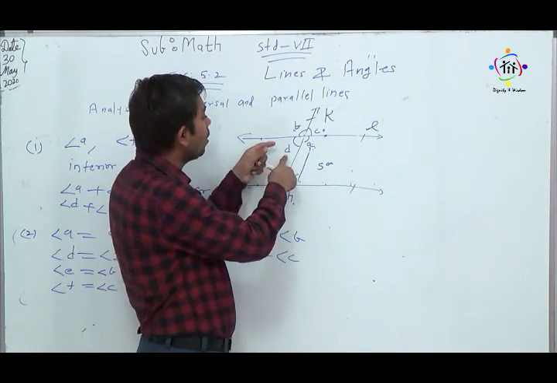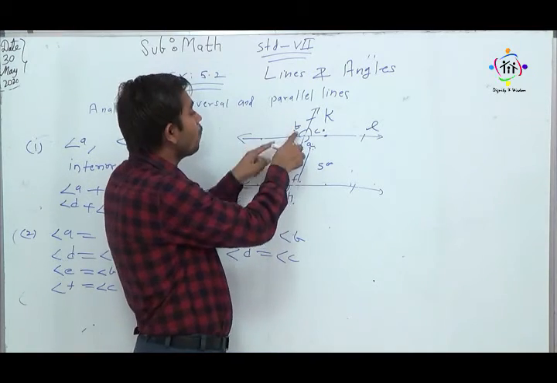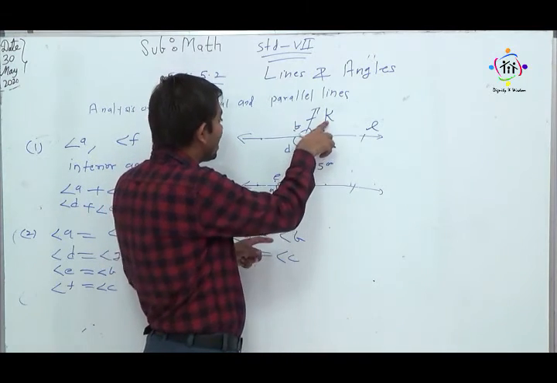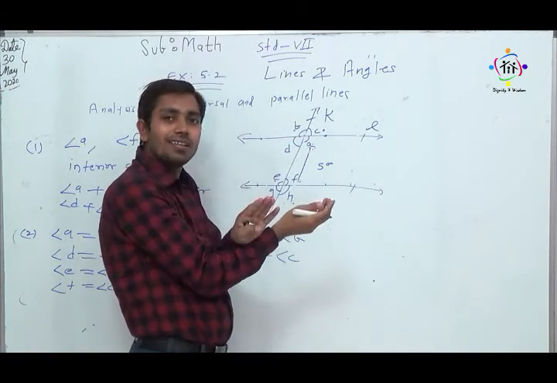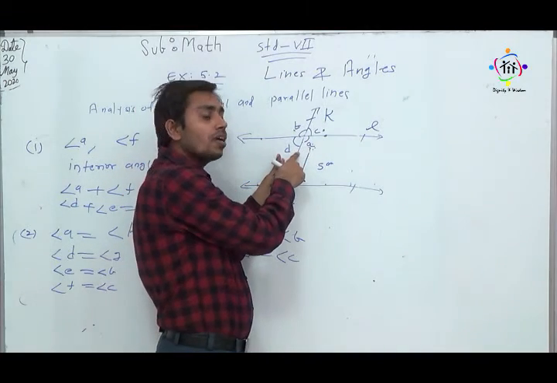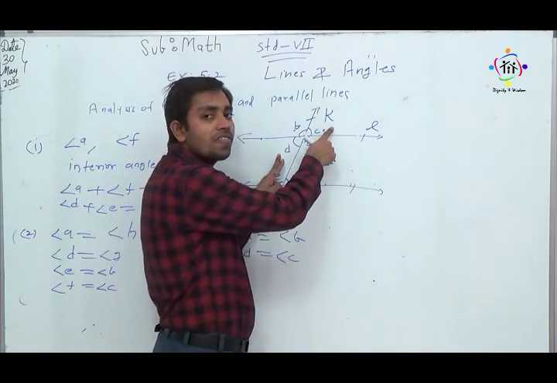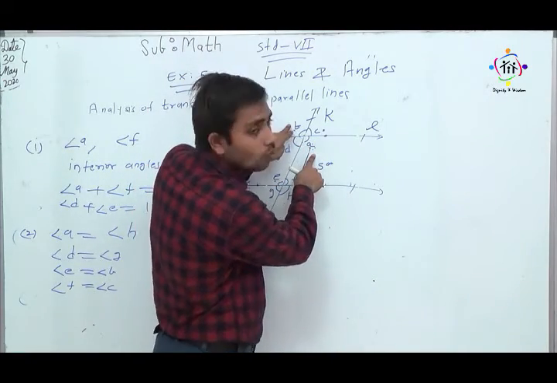This is one pair of angles. Similarly, the other pair of angles is B and A. It is formed because of which lines? Because of line K and line L. When they are intersecting, they form four angles, and the opposite angles are called vertically opposite angles. These angles are always equal to each other. Angle D is equal to angle C. Angle A is equal to angle B.